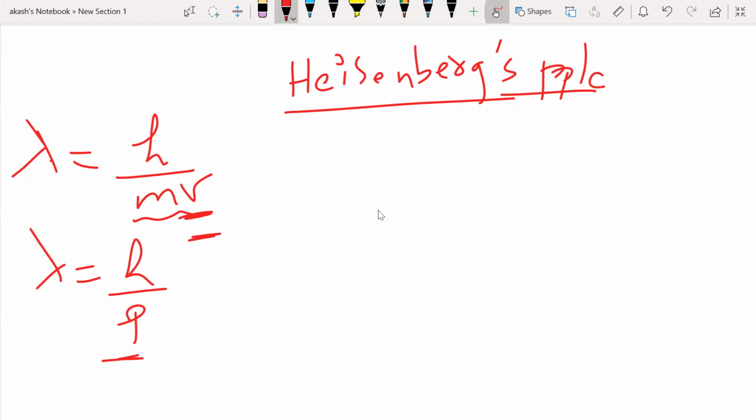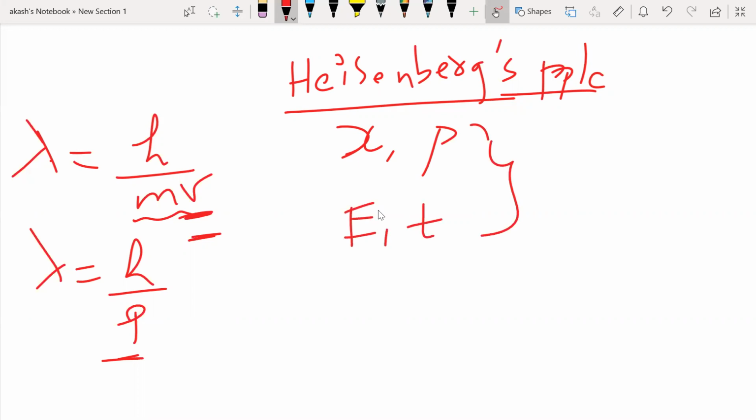If you want to understand what exactly conjugate quantities are, maybe you don't have enough physics knowledge yet to understand what exactly a conjugate quantity is, so you don't have to worry about it. For now, we are going to have two sets of conjugate quantities. One is position and momentum, and one more is energy and time.